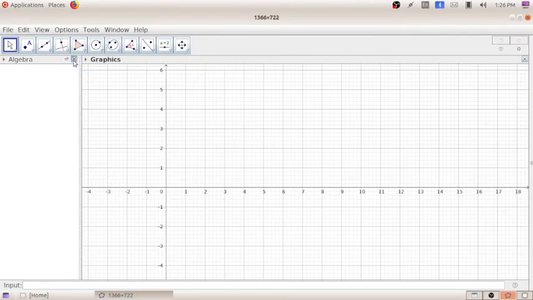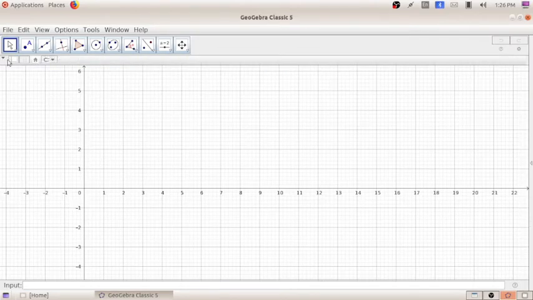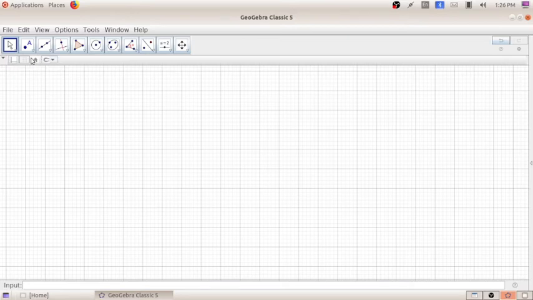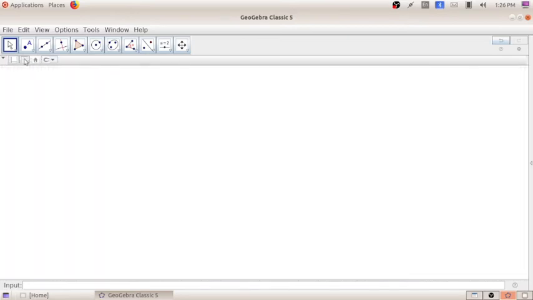We have to close this to make it a plain window, and remove the x-axis and the y-axis. Here it is given: slider is a tool in GeoGebra that is used to control the value of a variable that indicates a number or measurement of an angle.